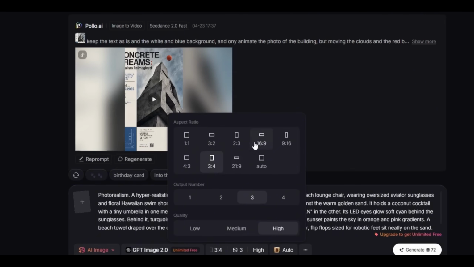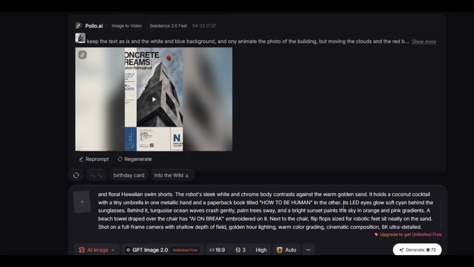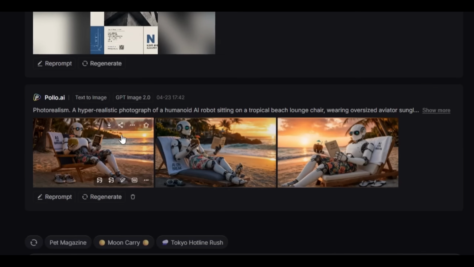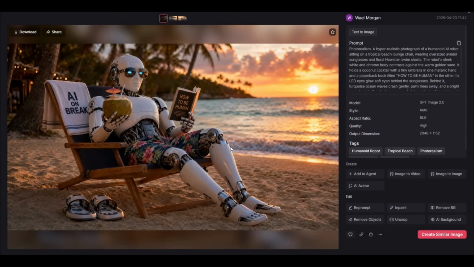Now our next prompt is about photorealism. I'm changing the aspect ratio to 16:9 and describing a scene. Our imaginary prompt describes a robot on the beach, and this time my prompt is starting with photorealism, a hyper-realistic photograph of a humanoid AI robot sitting on a tropical beach lounge chair, and these are my 3